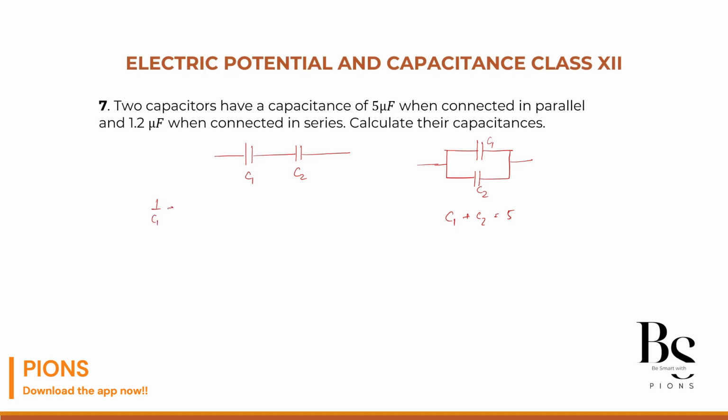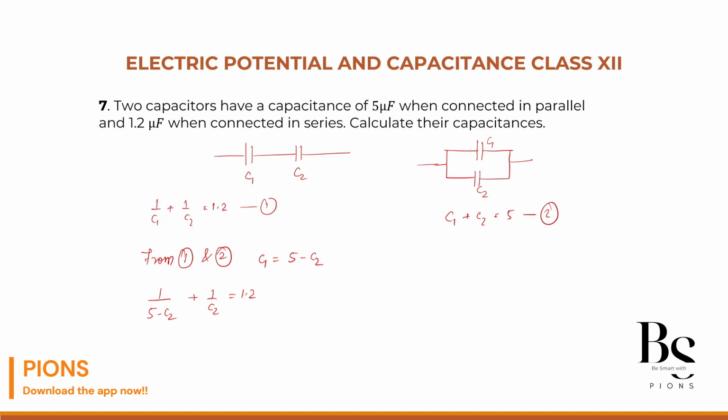So here 1 by C1 plus 1 by C2 equals how much? 1.2. Clear? This is equation 1 and this is equation 2. We have to solve them simultaneously to get the value of C1 and C2. Correct? So let's substitute 1 by C1. C1 will be how much? From 1 and 2, C1 will be nothing but 5 minus C2. So when you substitute, it will be 1 upon 5 minus C2 plus 1 upon C2 equals